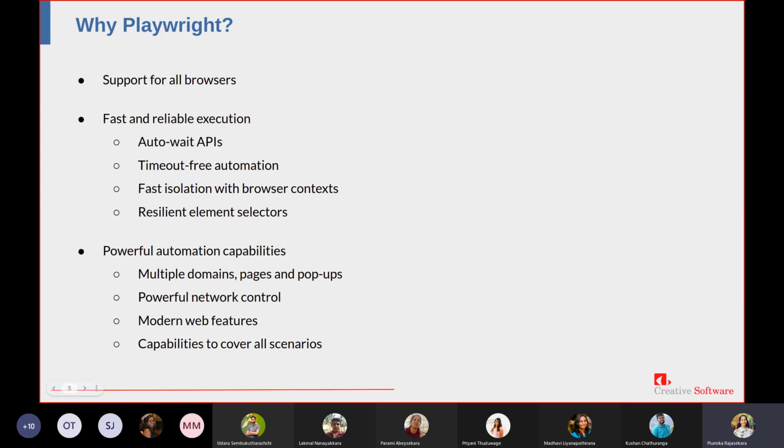Playwright introduces powerful network control with APIs. We can track, modify, and handle any request via Playwright scripts. And also Playwright supports modern web components like geolocation and user permissions. We can test a web application from IPs of various geographical locations, and we can do testing based on user